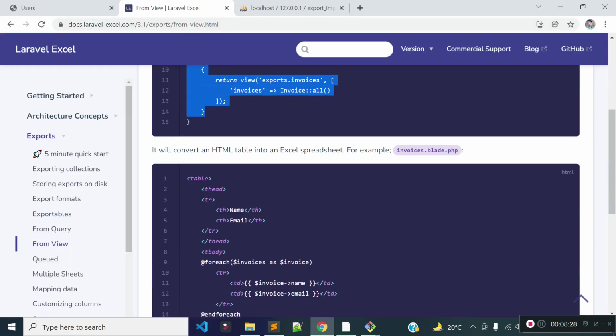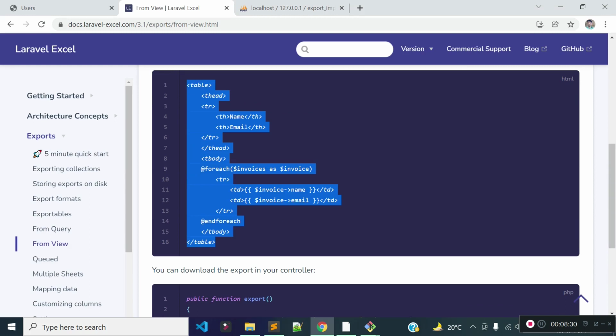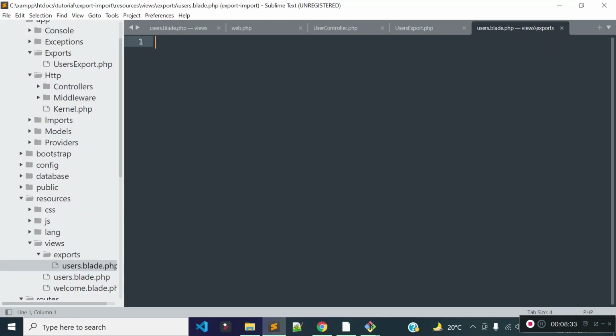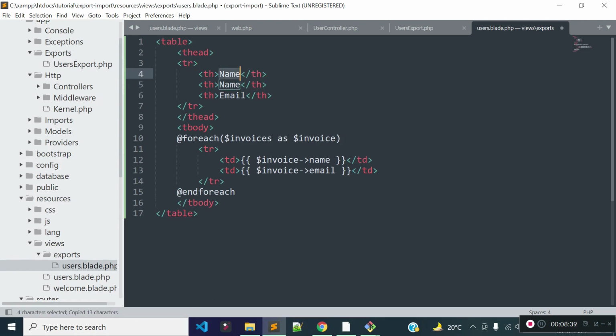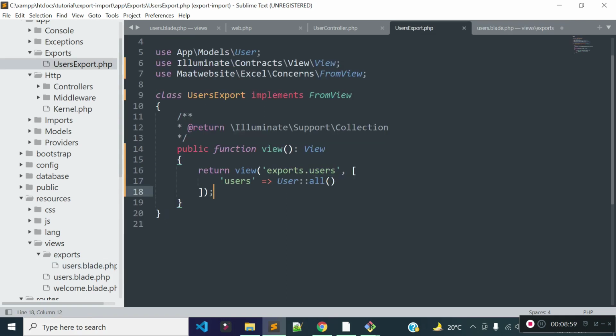Now inside our users.blade.php view, we need to provide the table where we'll display user data. I'm going to add user ID in the first column, user name in the second column, and user email in the third column. Now I'm going to loop through the users records, because I'm passing user data to this view file.